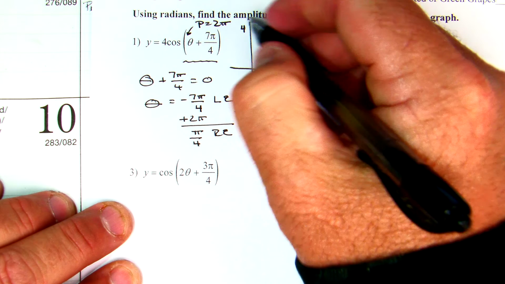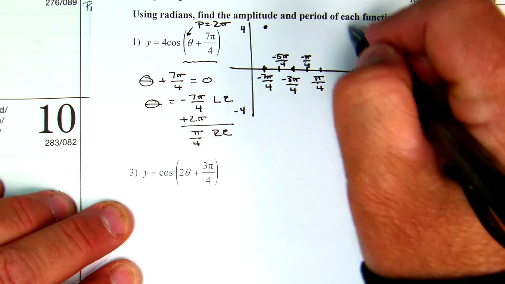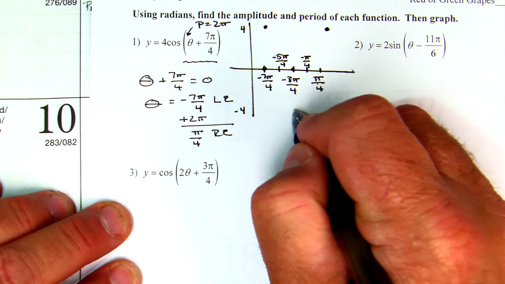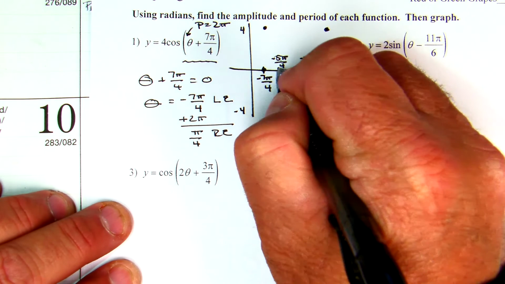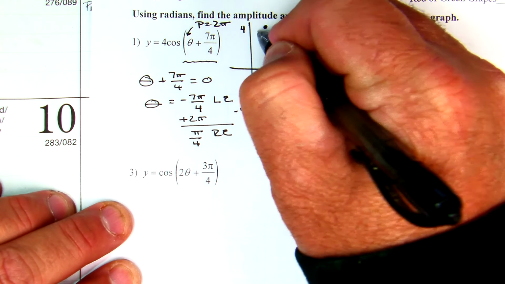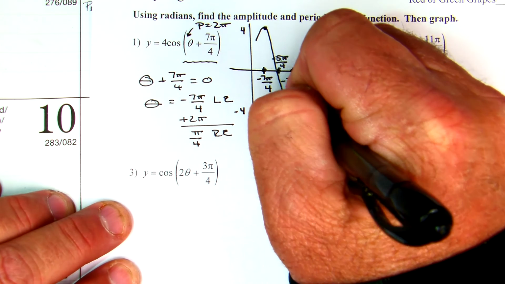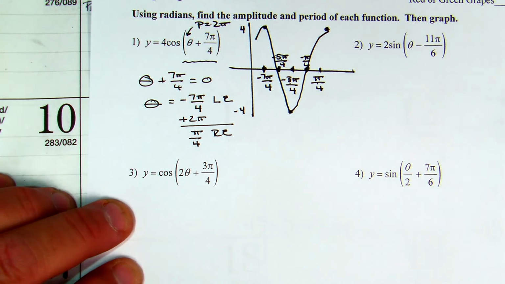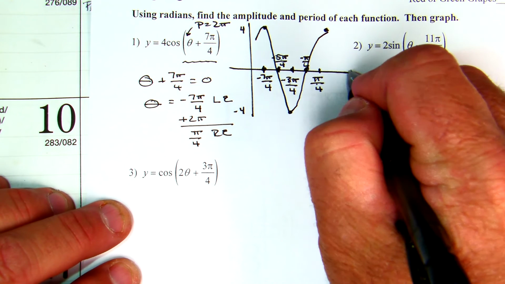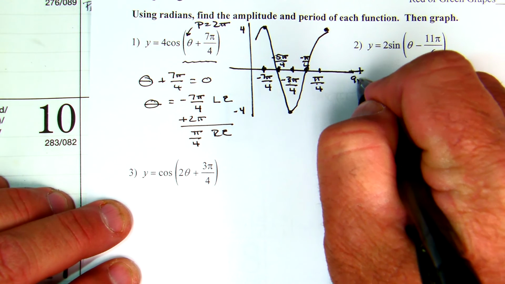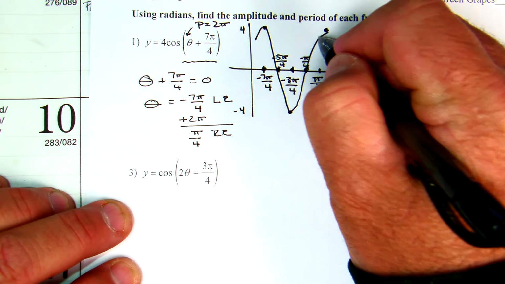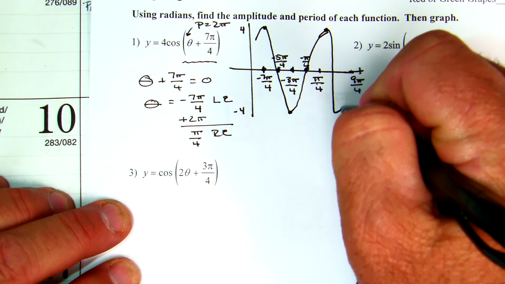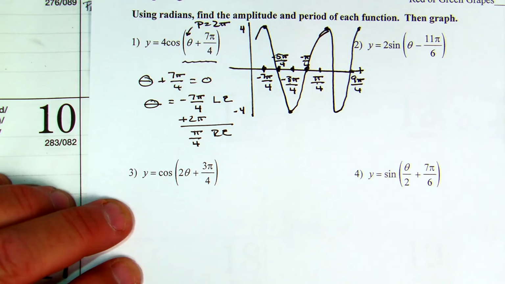Alright, it's a cosine, so we're going to start at the max. We're going to end at the max. Halfway through, we're at the min. Quarter points were at 0. Alright, I'm going to add the period again, which is 2 pi. Probably going to put me around there, 9 pi over 4. I'm going to end up with 9 pi over